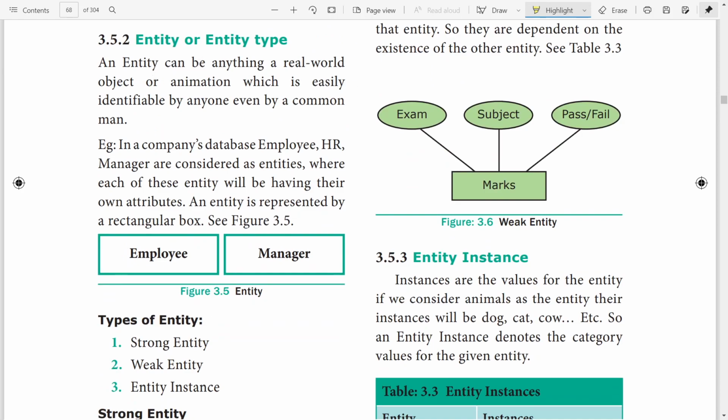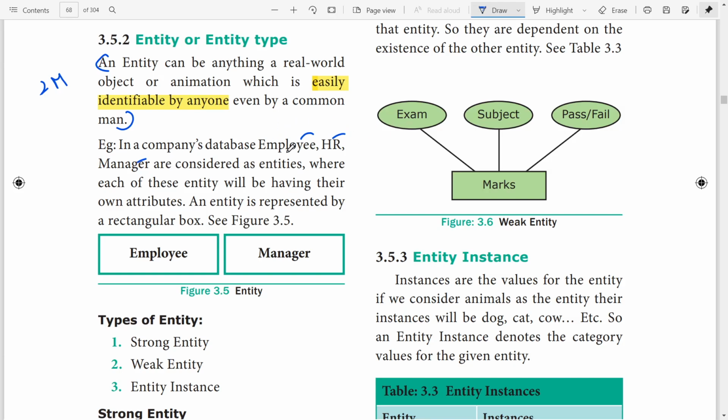An entity, this one is a 2 mark question. An entity can be anything, a real world object or animation which is easily identifiable by anyone, even by a common man. Example, in a company's database, employee, HR, manager are considered as entities.